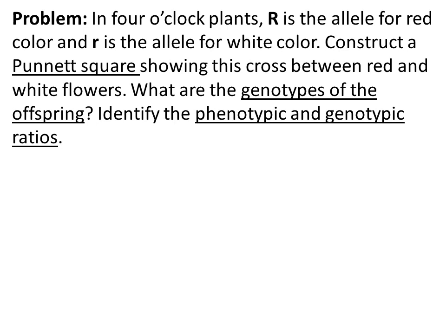It says here, construct a Punnett square showing this cross between red and white colors. Aside from that, you're going to identify the genotypes of the offspring and then the phenotypic and the genotypic ratios. So let's see. Again, we're going to assign alleles. Alleles are like a version of a gene. Now, they are usually represented by alphabet letters. So let us represent big R for red because red is dominant over white, and then small r for white.